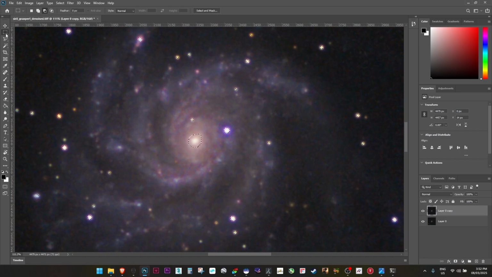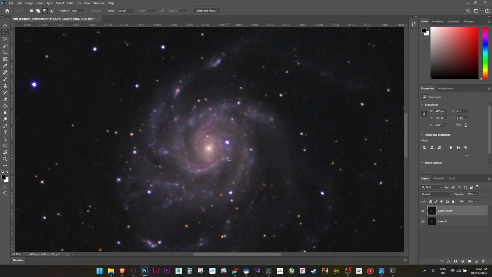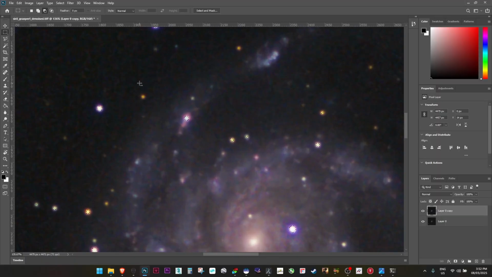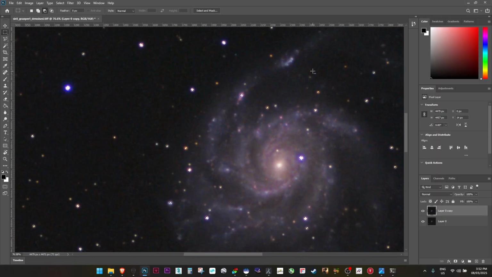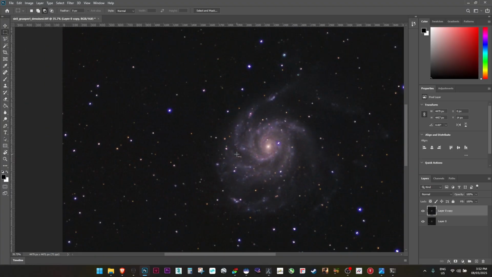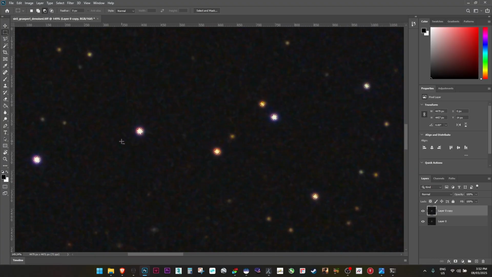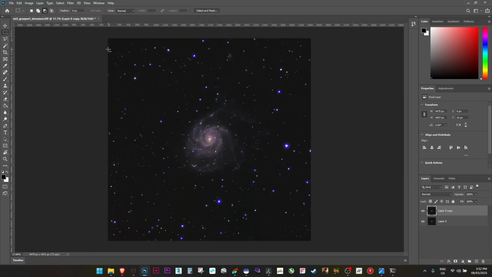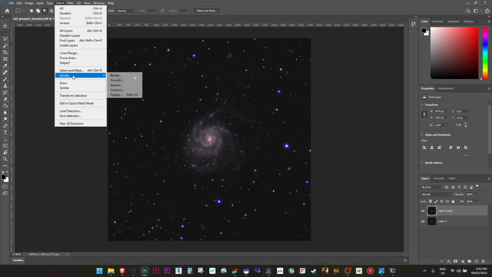So I'll subtract from the selection, and delete this selection from our selection here. I'll keep those. Notice that the small stars, which are the yellow stars here, are not selected. That's fine, that's actually much better. The rest of the stars are selected, and then we will go to select, modify,